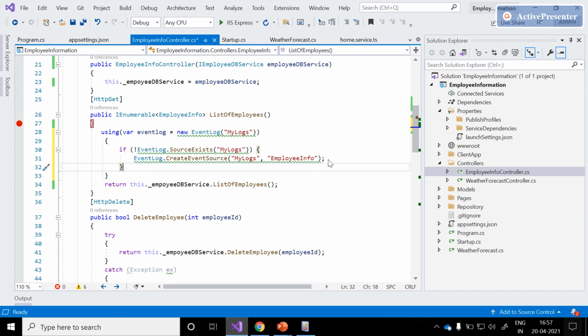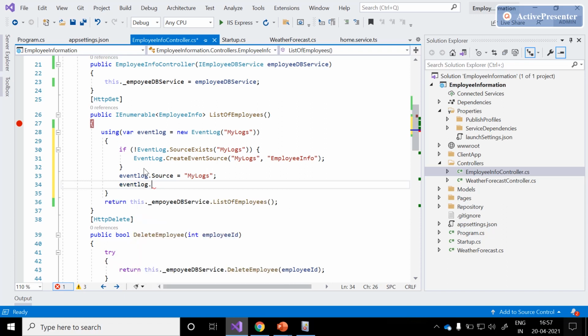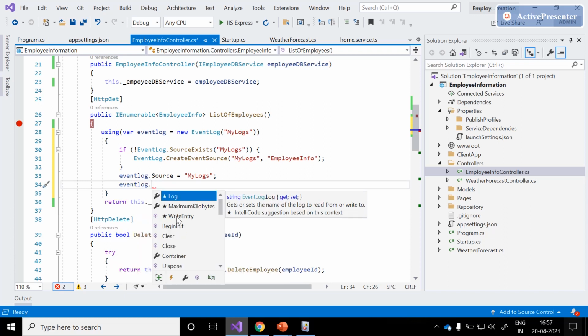The other two lines: the first mandatory line is that we need to assign the source name. The event log contains other extension methods as well. If you see here, write entry is there, and we can clear the entries as well. We can close the connection, and we can use dispose as well, because this is an external connection.